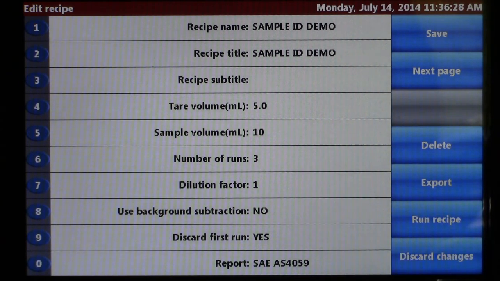So we set up the sample ID recipe name, tare volume of 5, sample volume of 10 mils per. We're going to run it 3 times. We've got no dilution, so the dilution factor equals 1. We're going to discard the first sample run, and we're going to report out the results in an SAE AS4059 reporting method. So after this is complete, the next thing we're going to do is go